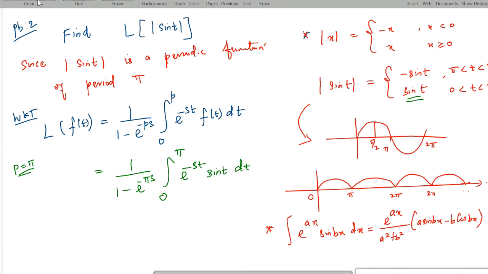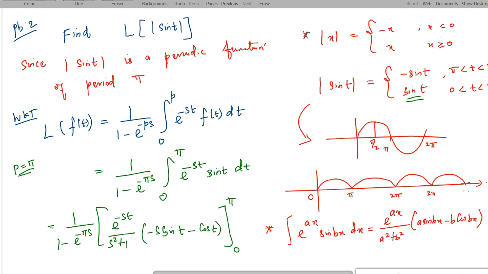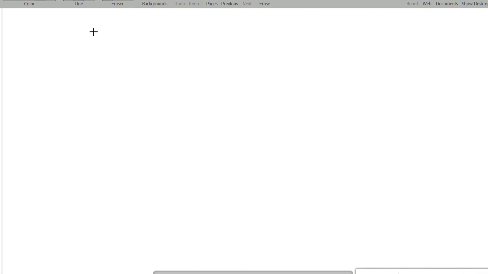By using this formula you may get 1 by 1 minus e power minus pi s into e power minus st divided by s square plus 1, into minus s sin t minus cos t, integral over 0 to pi, which is equal to,